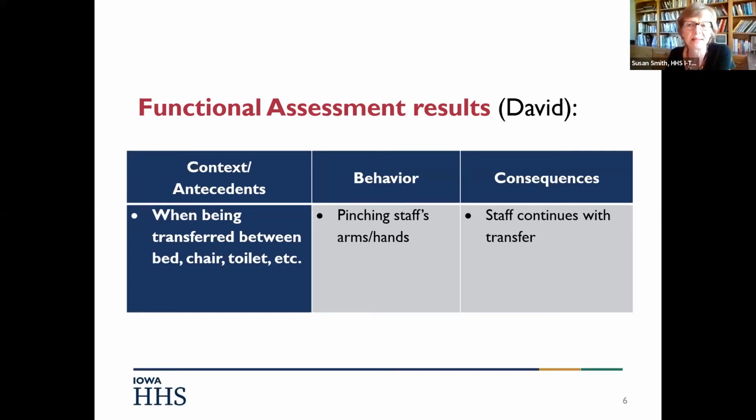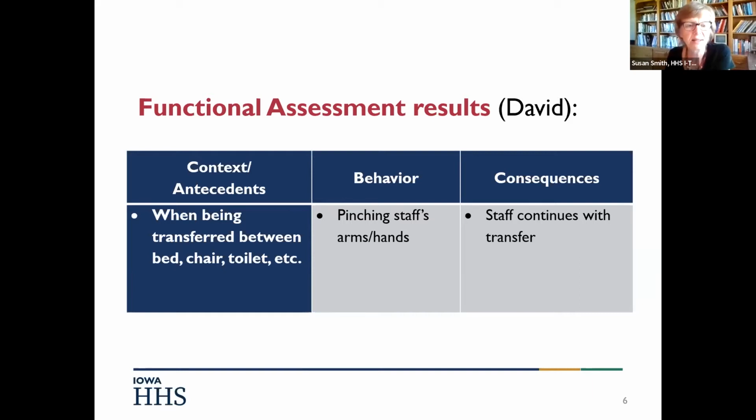And what it means is the way the environment changes, or the way things change for the person, immediately following the behavior. So it could mean that they gained something that they didn't have before the behavior happened, or that they avoided something or escaped something, but it's the way things change for them afterwards.